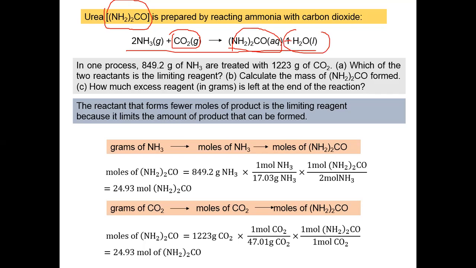So it's going to be plus over here. In this process, we have ammonia and carbon dioxide, and we produce urea and water. We have 849.2 grams of ammonia, which reacts with a particular amount of carbon dioxide. Which of the two reactants is the limiting reagent? It says to calculate the mass of ammonia, urea